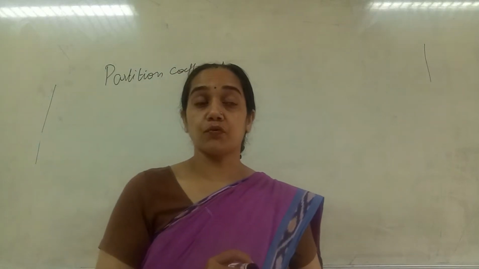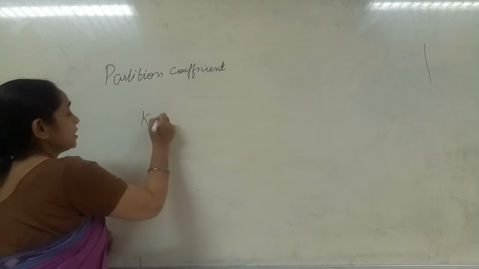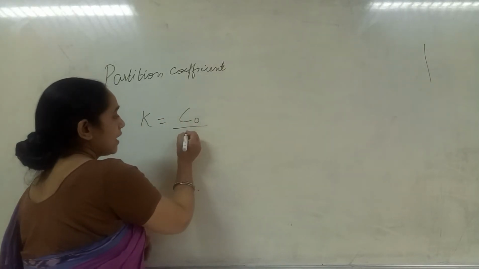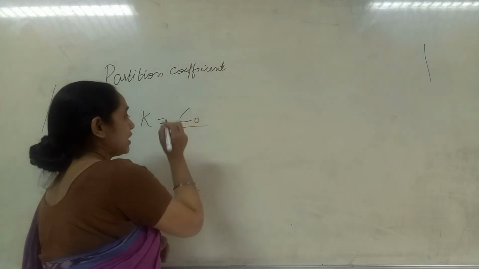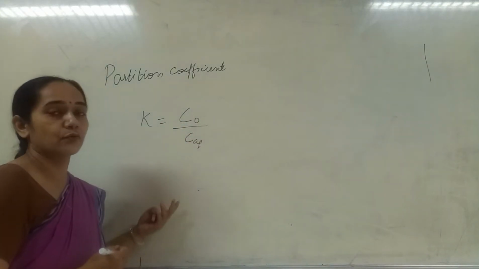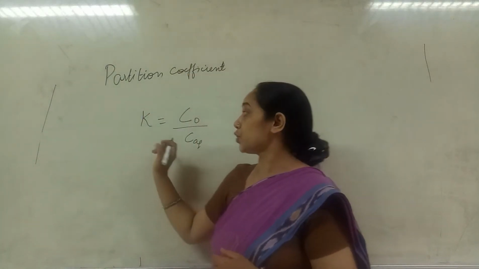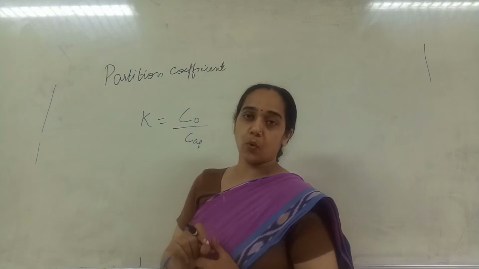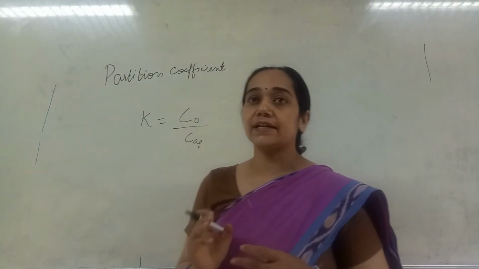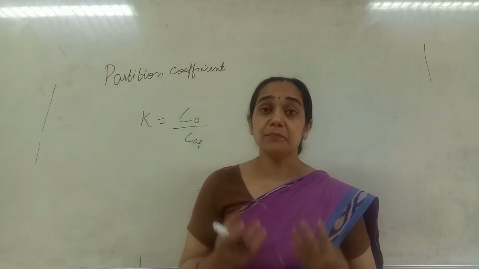So in order to determine the diffusion and partitioning behavior of the drug, we need to determine the partition coefficient. Under in vitro conditions, the partition coefficient is determined by the concentration of drug in the octanol phase, or we can say the oil phase, and the concentration of drug in the aqueous phase, meaning water. So it is the ratio of the concentration of the drug in the oil phase to the concentration in the aqueous phase.